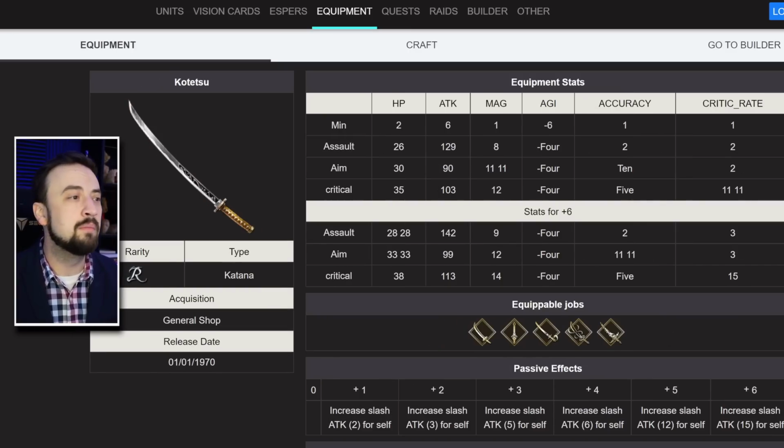The Katanas are getting a good buff as well. The R-type, the Kotetsu, is now a slash attack 15 piece of gear with a 142 assault version. Just note, that's good. 142 attack and 15 slash attack up for a super easy piece of gear to build is a nice starter